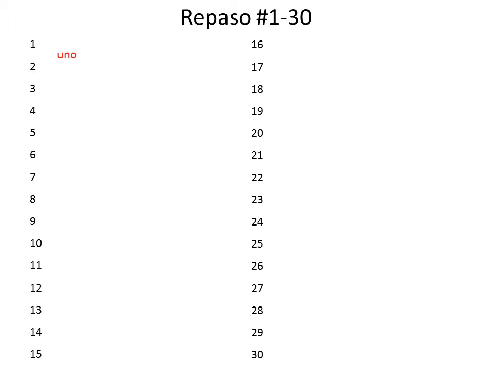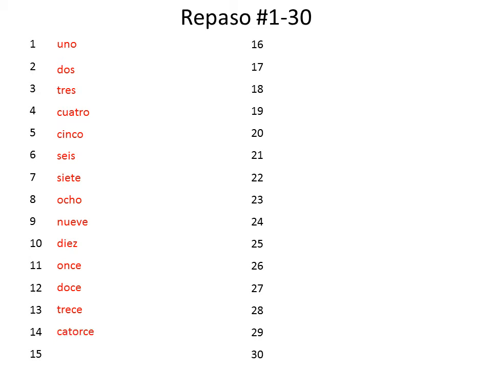So remember, 1 is uno, dos, tres, cuatro, cinco, seis, siete, ocho, nueve, diez. All right, we're good on those 1 through 10. 11 is once, 12 is doce, 13, trece, 14, catorce, 15 is quince, 16 is dieciséis, 17 is diecisiete, 18,